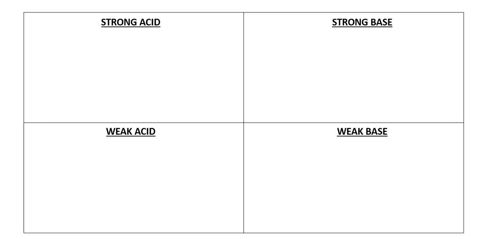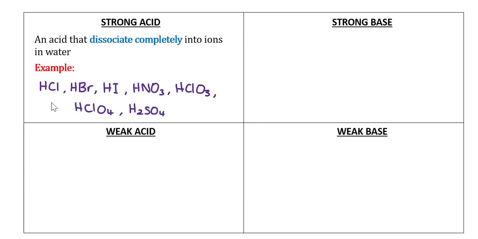The strength of acids refers to how readily an acid will lose or donate a proton. A strong acid is an acid that will dissociate completely into ions in water. The 7 common strong acids are hydrochloric acid, hydrobromic acid, hydroiodic acid, nitric acid, chloric acid, perchloric acid, and sulfuric